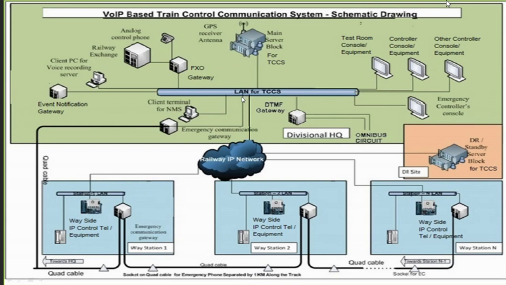In the controller's room, you will have this type of console. You will have a touchpad, and here you will have two types: one is a physical touchpad and one is a soft touchpad. Using any of these touchpads, you can call the station master for any communication. The touch screen is customized to suit our controller requirement, and the console is loaded with your proprietary control software. It normally works on 230 V supply, with UPS backup necessary. So you can call through your GUI based touch screen or by your normal conventional touchpad.